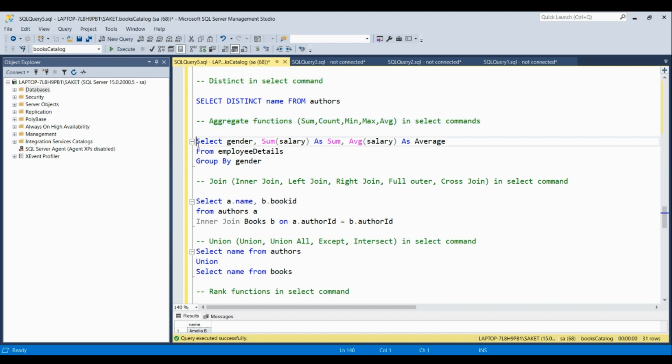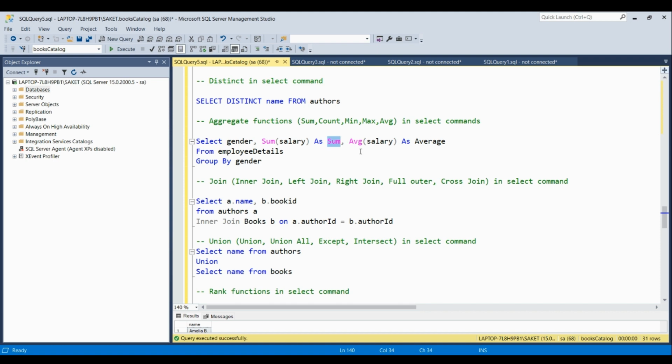So here we will write select, then the column name gender, then sum, and here we will give the column name on which we want to implement sum, and this is the alias. This will be the name of the column which will be created.